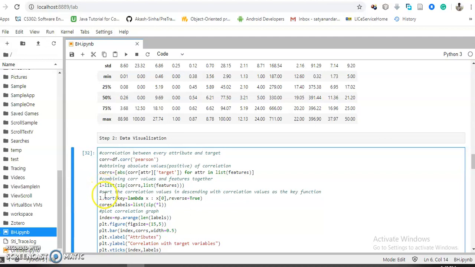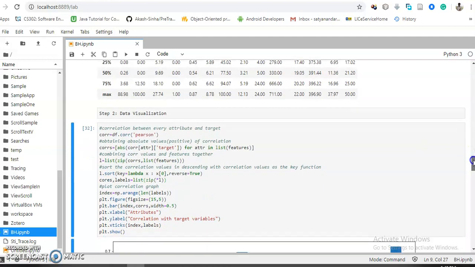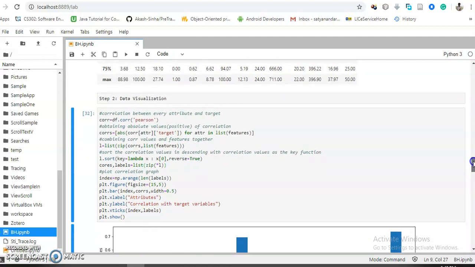variable L. Next, the function L.sort sorts the correlation values in descending order, with the correlation values as the key. Next is arranging the value labels into the index.